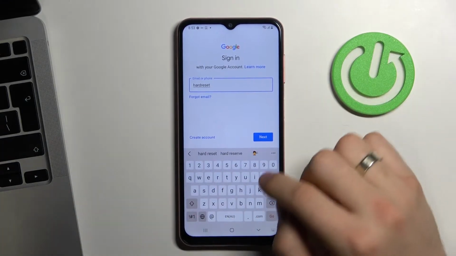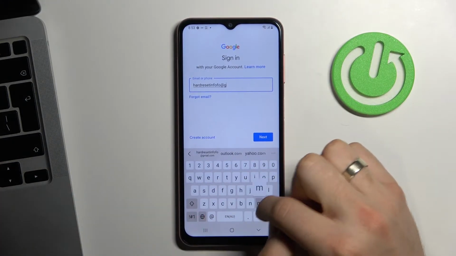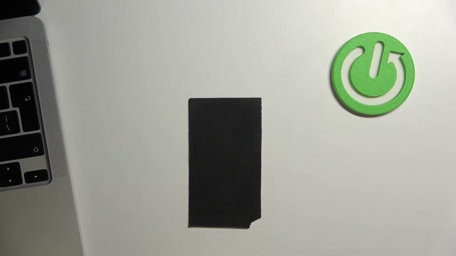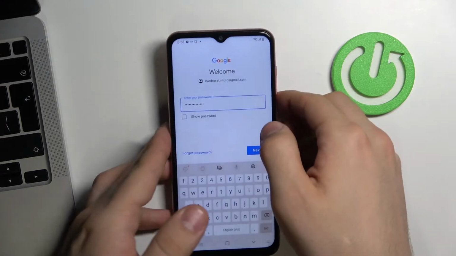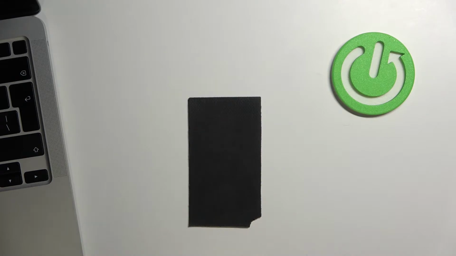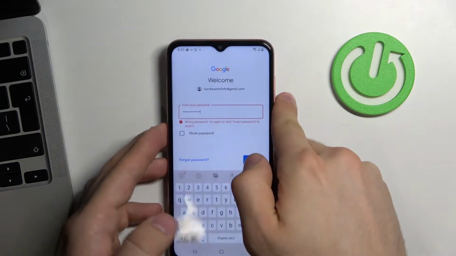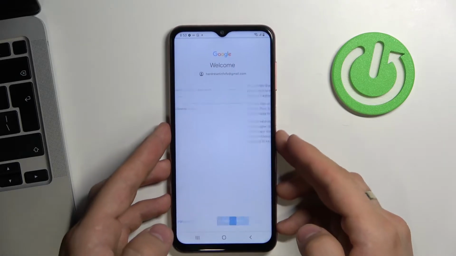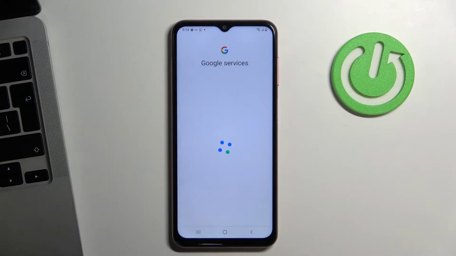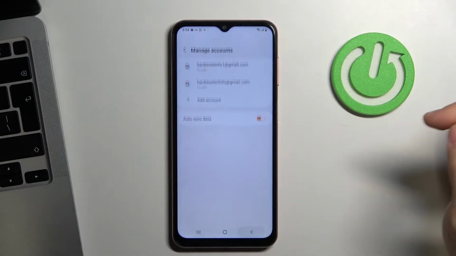enter child's email, click Next, enter child's password, click Next, click Next, click I agree. Now go back